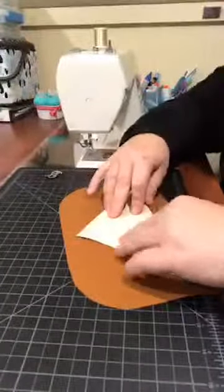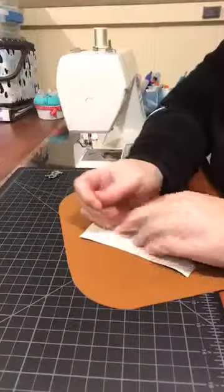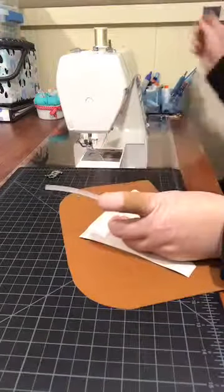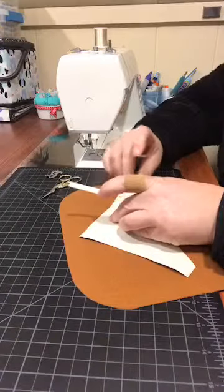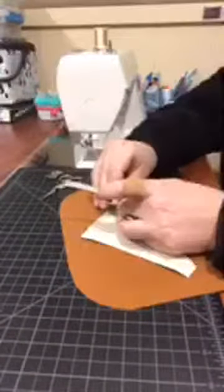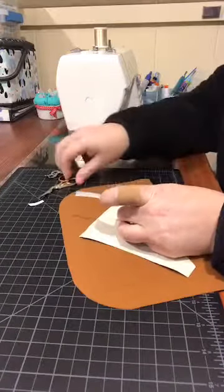So now I want to hold it in place. You can peek from this side too and make sure the edges aren't too close to each other. Oops, I just moved it again. Okay. So I'm looking around, making sure that my edges aren't too close. This is why it's good to have a little extra material so you have somewhere to stick this stuff. So I'm just sticking little tiny pieces of double-sided tape on the